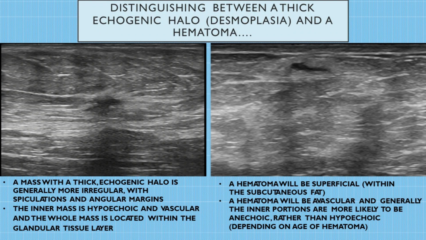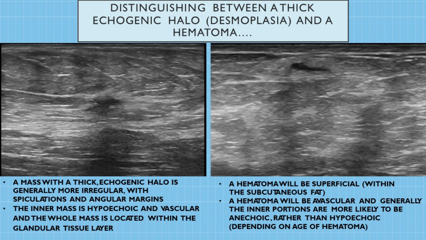Here's a little tip. How do we distinguish between a thick echogenic halo, this is our desmoplastic reaction around a mass, and a hematoma? Well, the first thing to look at is what type of tissue it is in. Hematomas are going to be superficial. They're almost always in the superficial fat layer. So that's clue number one, where a desmoplastic reaction around a mass, that mass is going to be in your